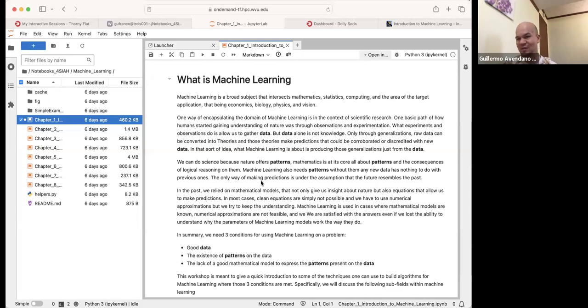So in the old times, say Galileo or Copernicus, they were taking observations about stellar phenomena or about physical phenomena, and started gathering data